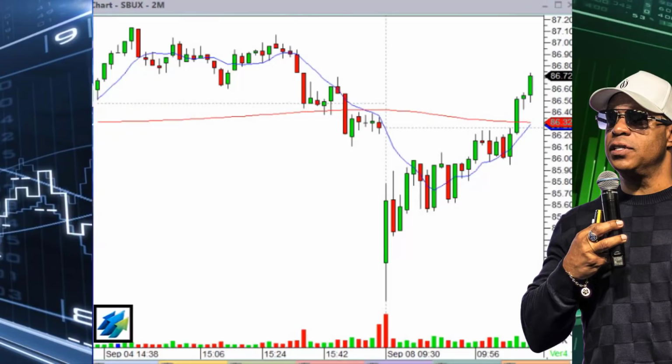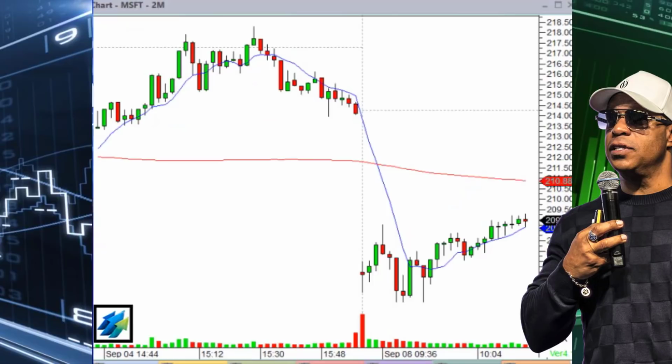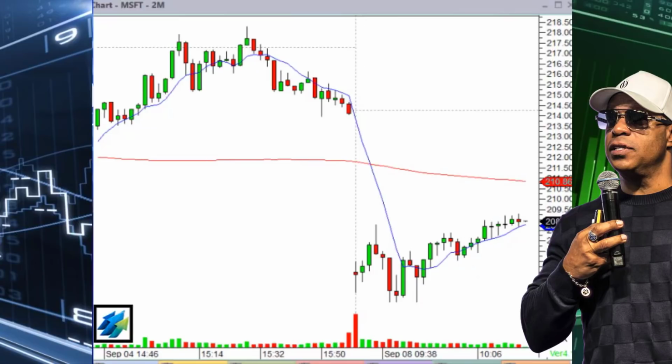There's finding the turning point and jumping on board an existing move. You may have missed a turning point or may have decided to bypass the turning point and wait for one of the lower risk moves. So here's a good way of looking at it. Oftentimes, not always, but oftentimes, the low risk move,